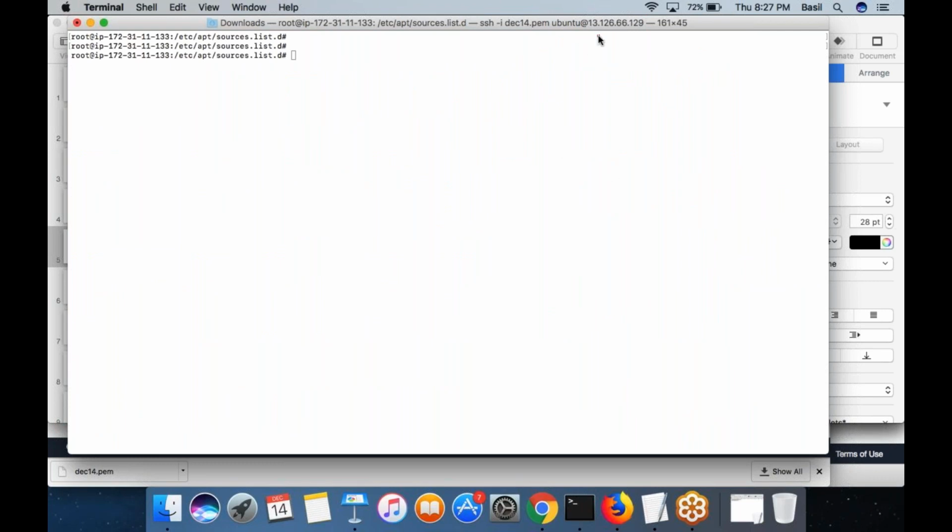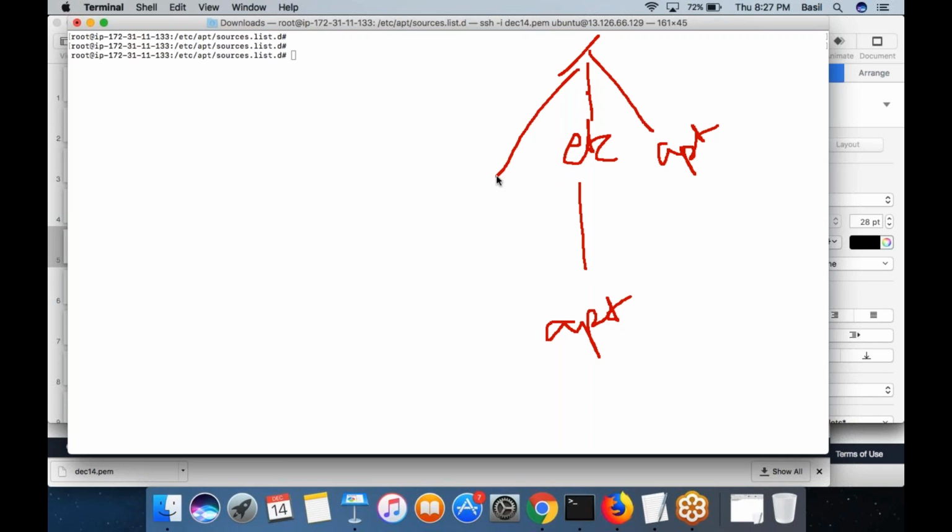So there can be one folder inside etc, slash etc. There can be a folder called apt. Inside slash, there can be another folder called apt. There can be another folder called home, and inside home there can be an apt. So you got it, right? It doesn't really matter. These are all different folders and they are identified by a unique path starting from the slash.